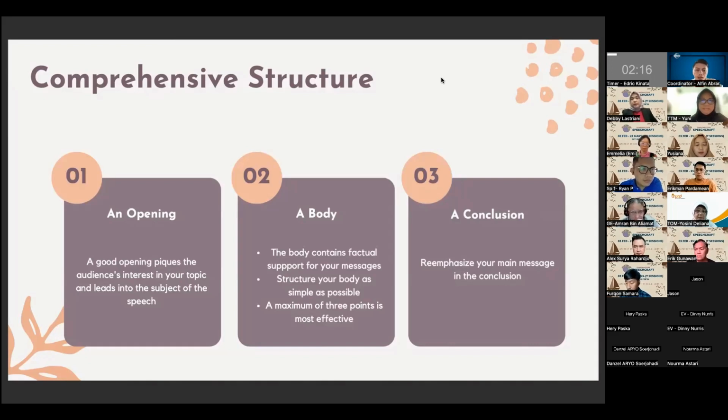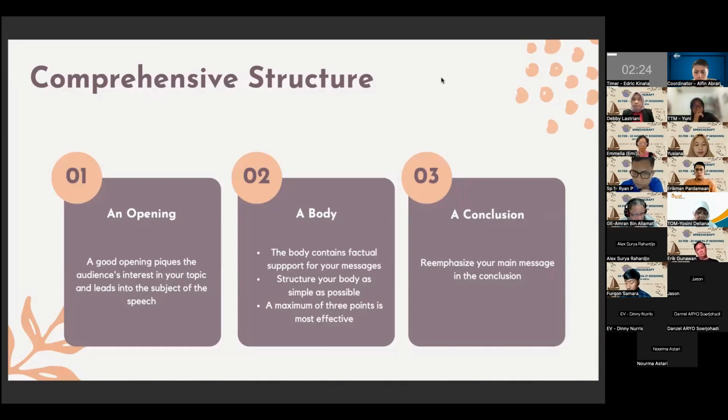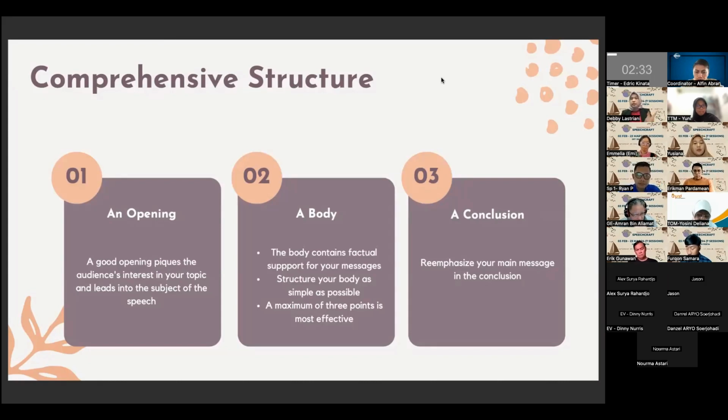A good opening picks the audience's interest in your topic and leads to the subject of your speech. Second is the body. The body contains factual support for your message. Structure your body as simply as possible; a maximum of 3 points is most effective. And third is the conclusion, where you re-emphasize your message.